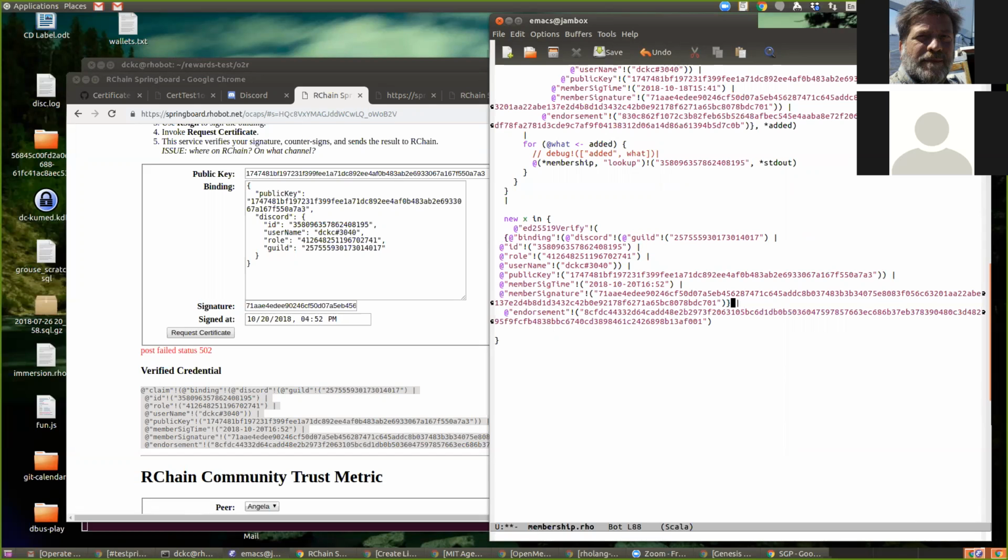That's the data. The signature is this. And the public key.